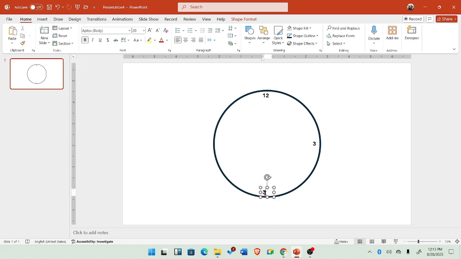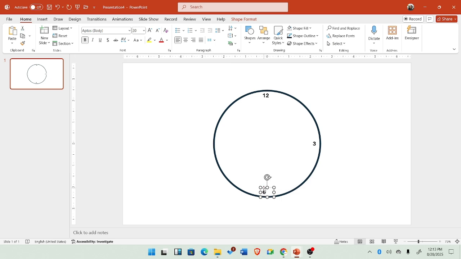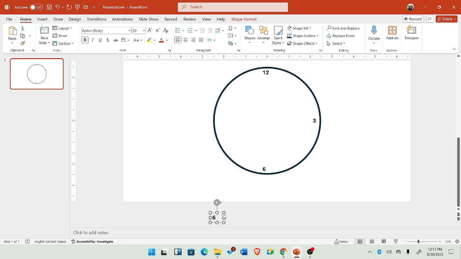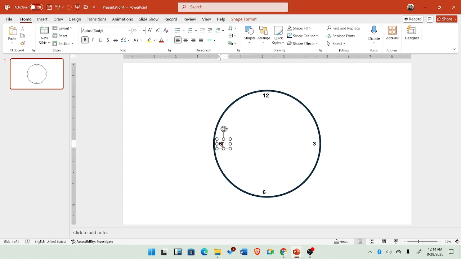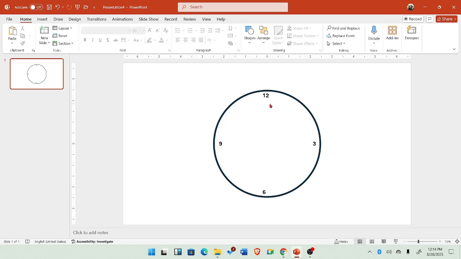And then I'll just change it to 6, and right here I'll duplicate again and we'll type 9. Okay, so these are the four basic numbers we need. So the others, once you lay the foundation of the